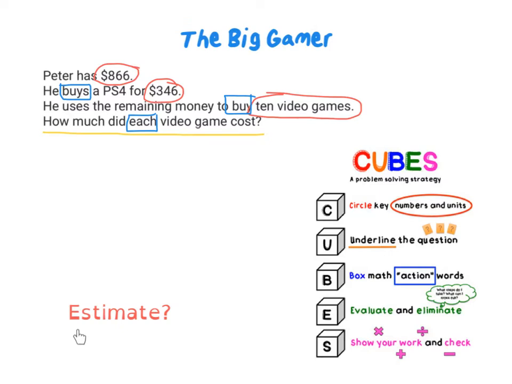So let's take a minute to estimate. How much do you think each video game will cost? We know how much money we had, we know what we spent, and we know that we're going to buy 10 video games. Come up with a reasonable estimate. You could use the numbers up here, but you could also use prior knowledge. If you have ever purchased a video game for the PS4, then you probably have a good idea of what one might cost. Take a minute to picture this in your mind,